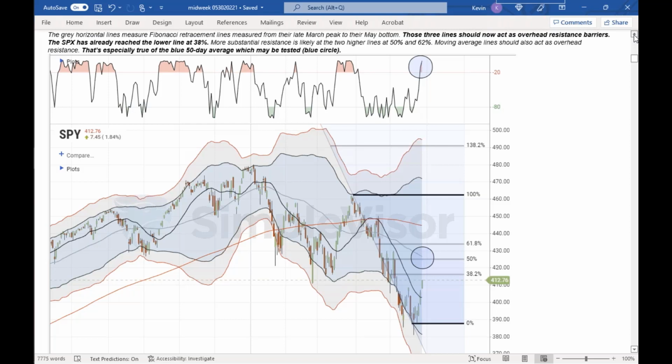So number one, you get to place these lines where you see them, which is obviously extremely easy to do, but there are certain numbers that are important. 0, 8.3, I think you find 23.8. He uses 38.2. I really think it's better at like 36.4, 50, 61.8, 100,